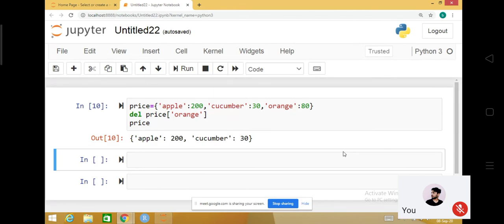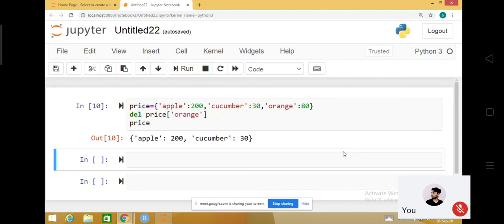Ma'am, actually using the values, can I delete the whole key? See, the whole process, everything is being done with the keys.